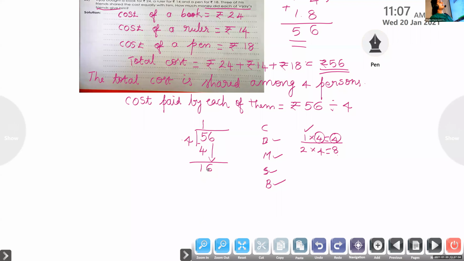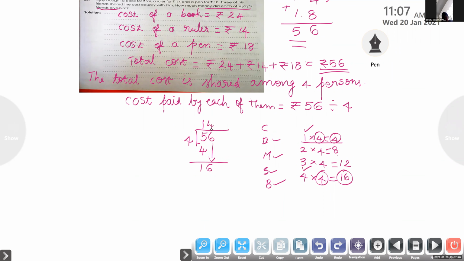You have to follow all these steps again. So first, comparison. Is 16 greater than 4 or less than 4? Greater. So we can divide 16 by 4. Now we can continue the table. 2 4s are 8. 3 4s are 12. 4 4s are 16. So 16 divided by 4 is equal to 4. That 4 we can write on the top after 1.